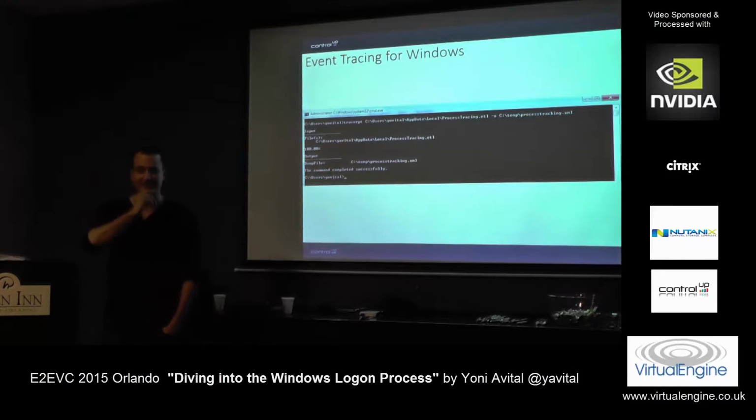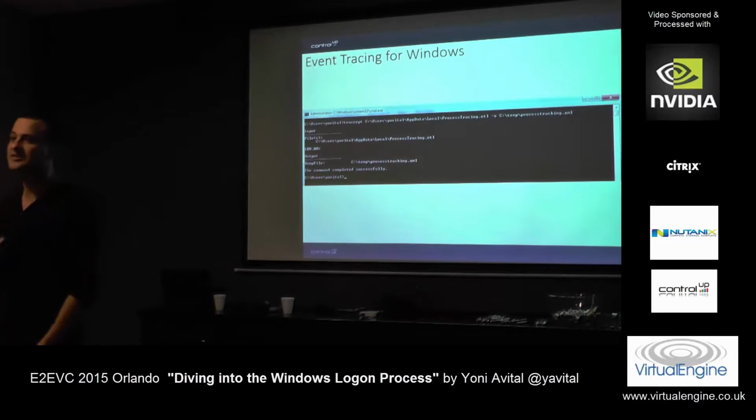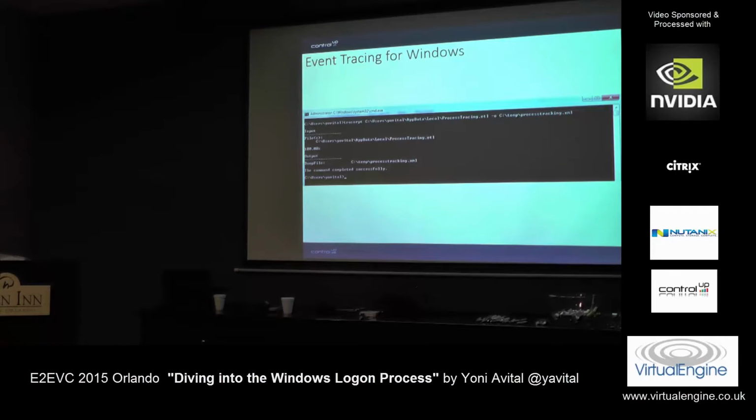An ETL file is obviously a binary file, so it's not that easy to read unless you're Dennis. So we want to convert this to something more humanly readable. There are a few options. Again, this is all without any third parties, just plain Windows stuff. Windows has a built-in utility called Trace RPT,